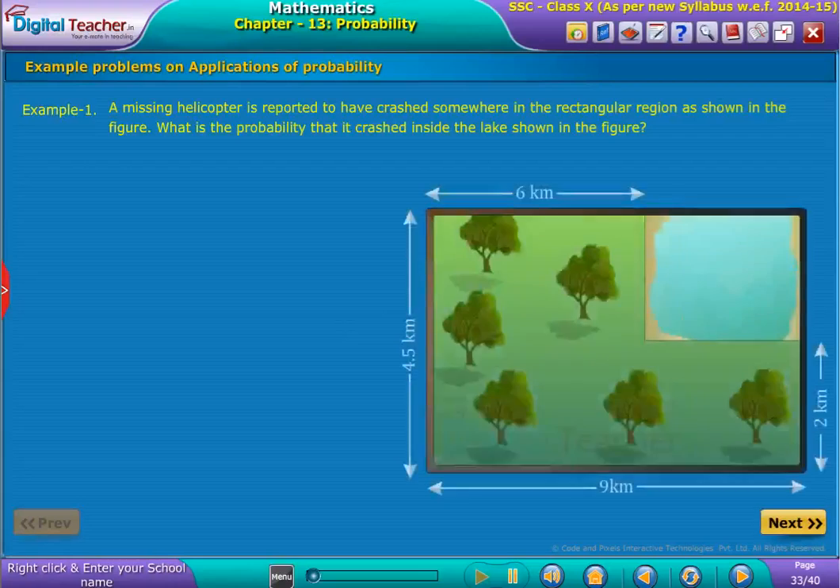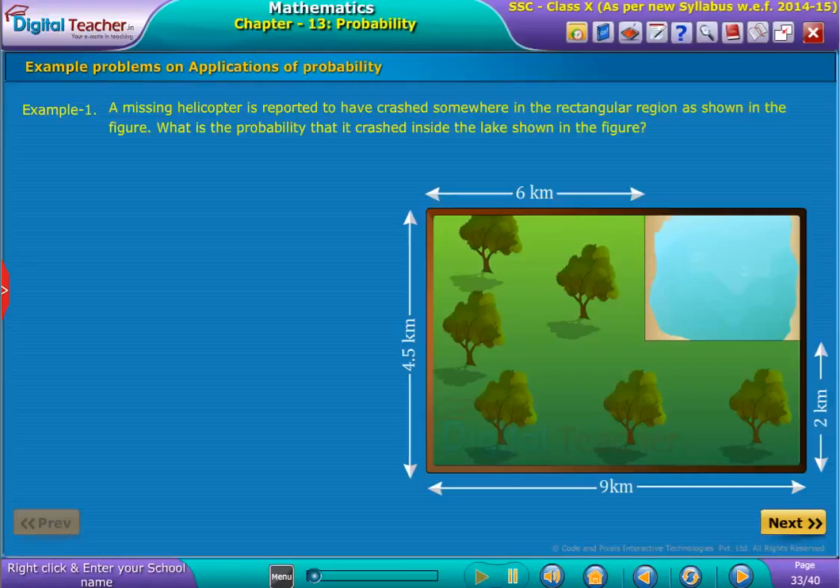Example: a missing helicopter is reported to have crashed somewhere in the rectangular region as shown in the figure. What is the probability that it crashed inside the lake shown in the figure? Solution: given that the helicopter crashed somewhere in the rectangular region, it is equally likely, as the area of a rectangular region is the product of length and breadth. Therefore, the area of the entire region where the helicopter can crash is 9 into 4.5, which is equal to 40.5